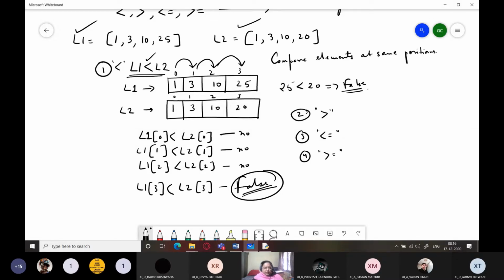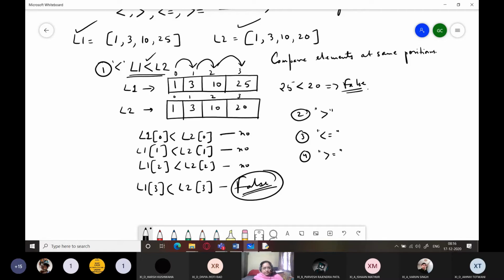See, less than equal to means if both the lists are equal, that is, they contain the same number of elements and all elements at corresponding positions are also equal, that means they are equal, right? And if it happens that any one of the elements of L1 is less than the element at that position in L2, that means it will be what?